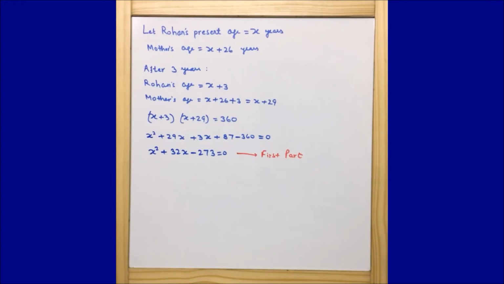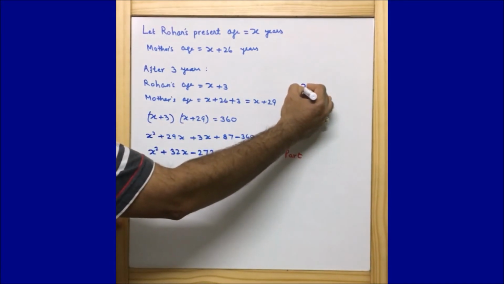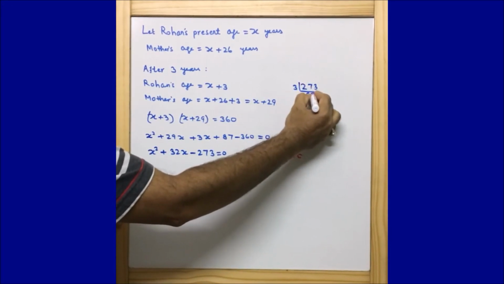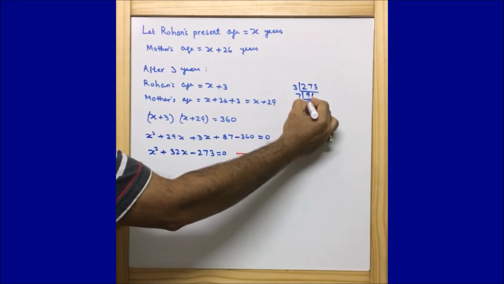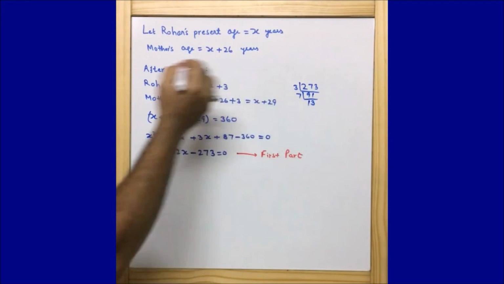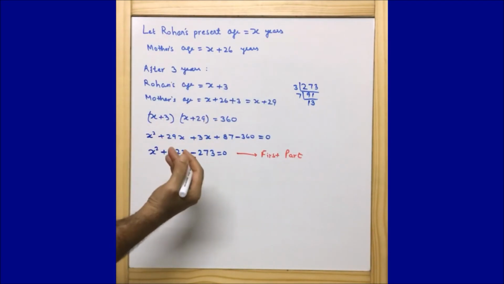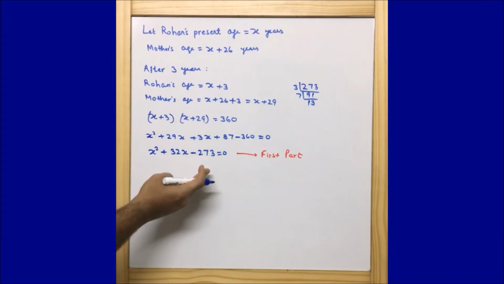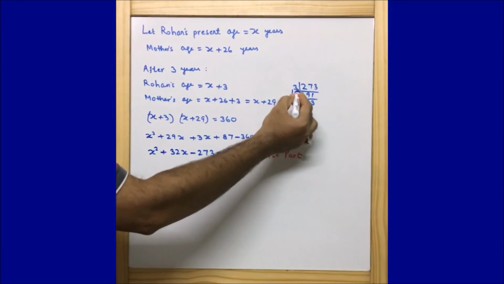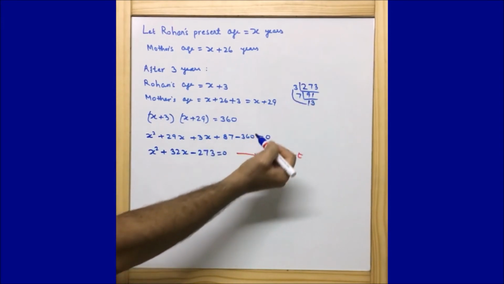Okay. Now here 273 we have. So let us see 273. 3 9s are 27, 3 1s are 3, 7 1s are 7, 7 3s are 21. So we are getting 3 into 7 into 13. Now actually I am looking for a combination where the addition will be 32 and the multiplication will be minus 273. Now let's just check this one. 13 into 3 is 39. So if I take 39 minus 7, I am getting 32.